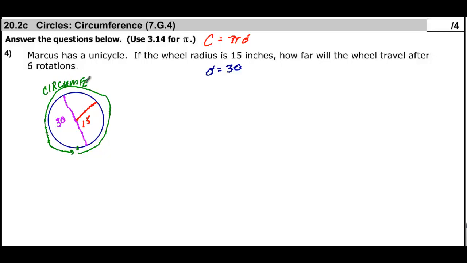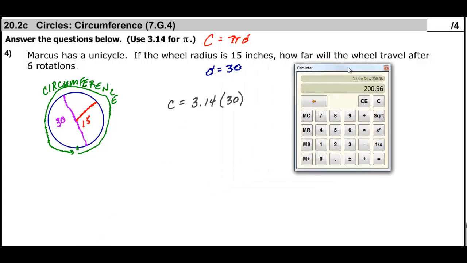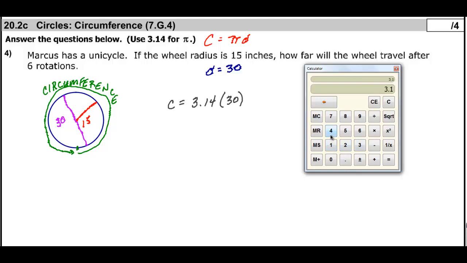So we are ready. Let me just get this word circumference written here. We're getting that kind of weird writing. We're ready to solve this. So first off, we're going to find the distance for one rotation. And we're going to do that by finding the circumference, which is 3.14 times the diameter. Here comes our calculator, real tools for real problems. 3.14 times the diameter of 30 gives us